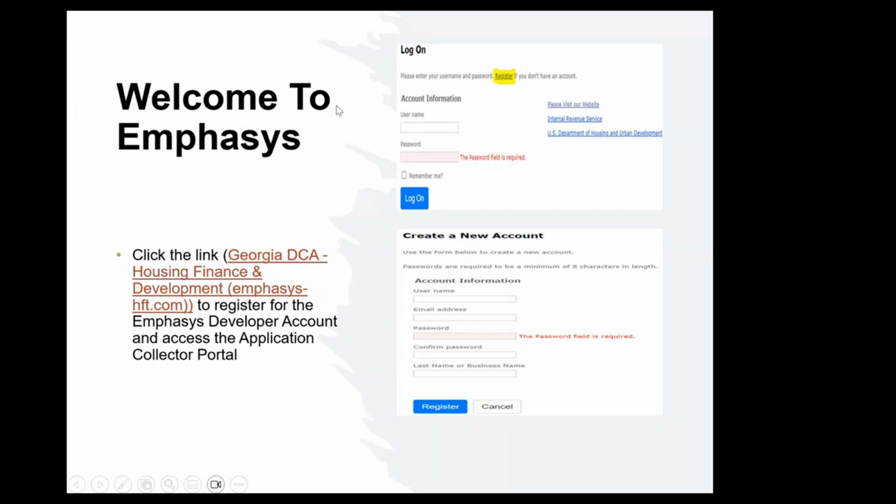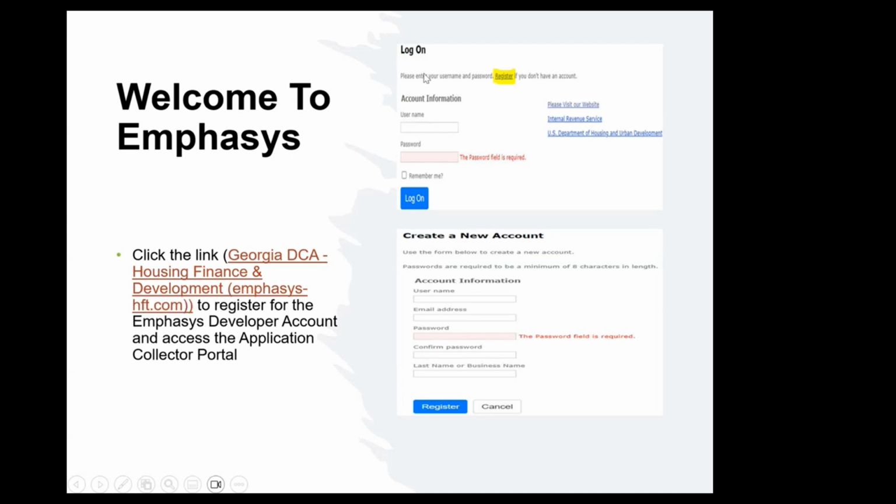So once you've decided that you want to apply for CHIP, you can click on the link, and I've tried this link a couple of times. I would do it now, but if I do it, I don't know where I'd go. It will take you to the Emphasis link for your application. If you're new to Emphasis and you haven't gone into it to play around with it, because I've done it a couple of times,